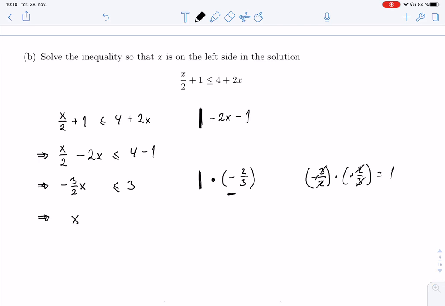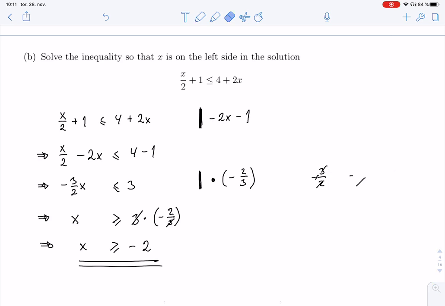I now multiply with something negative, so now I need to turn this around. And then I have 3 times minus 2 over 3. So I'll get x equals to or larger than minus 2. And that was it. I could check, simply put x equals to minus 2 and see if I get the